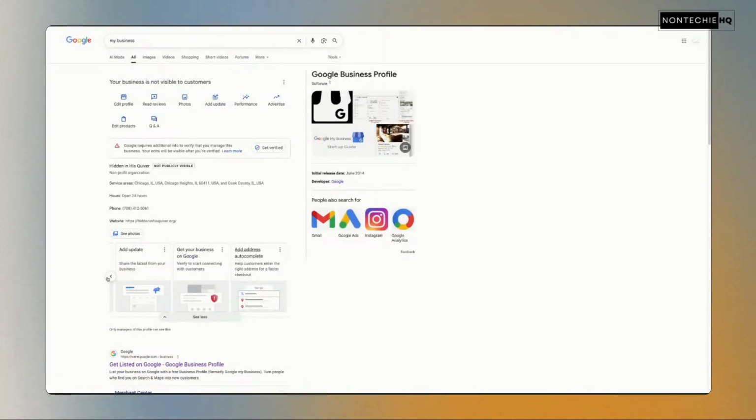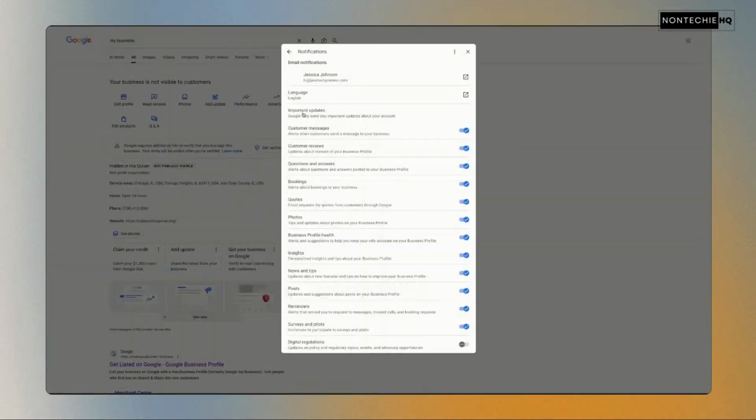So now that's the section. And we have our photos, so we can see here they are. All of our information is in. You want to put as much as possible, because once this populates and is verified, then that little panel on the right hand side will reflect your business. So we want it to look as professional and as optimized as possible, so that when people land here, they get what they need. So here are your notifications that you can receive for your business page. So you will be kept up to date with what's going on with your business page.